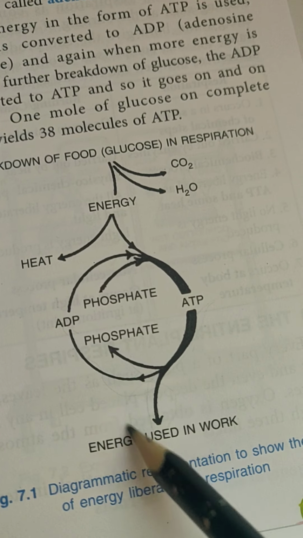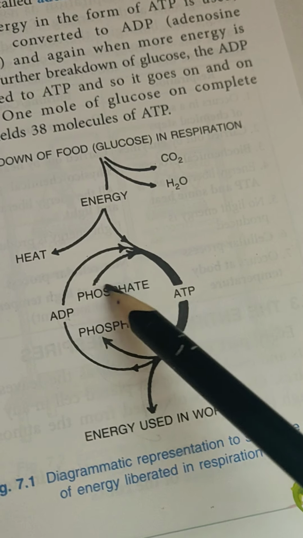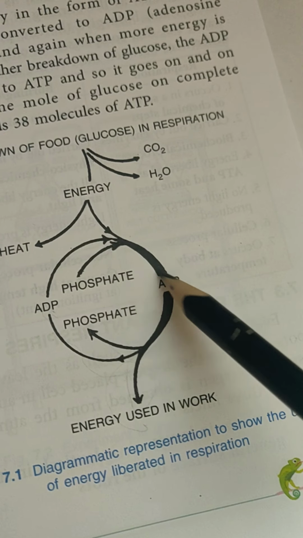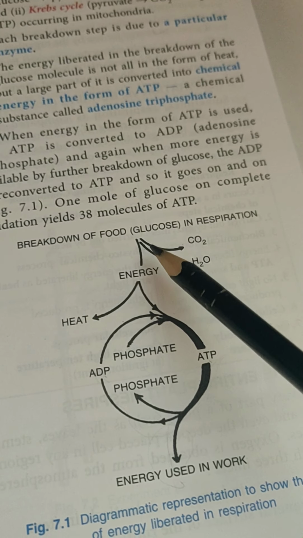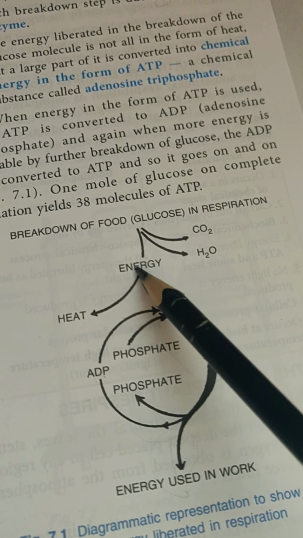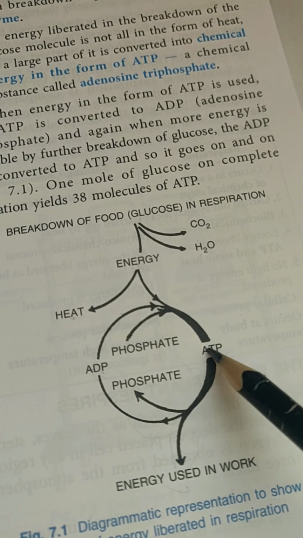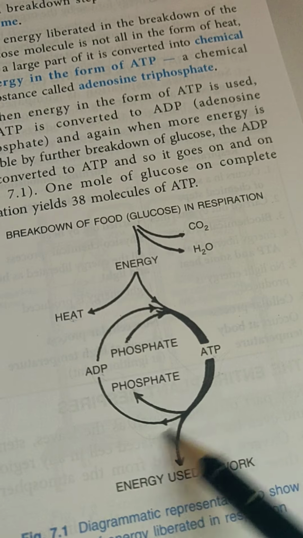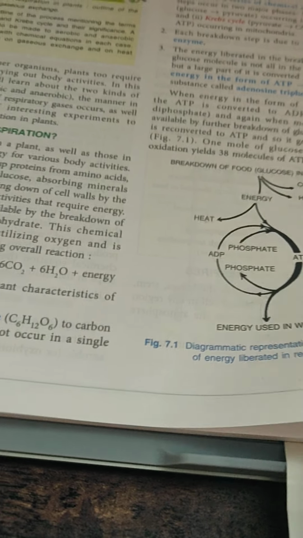This process releases energy. Later on, this ADP takes up the phosphate and again gets converted into ATP. Some of the ATP also comes via the breaking down of glucose. Okay, and some of that energy gets converted into heat. Again, when more energy is needed, ATP will break down into a phosphate and ADP, releasing energy. So this cyclical process keeps going on and on to provide us with energy.